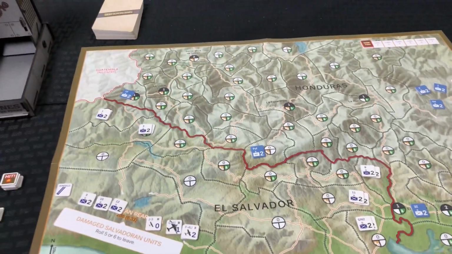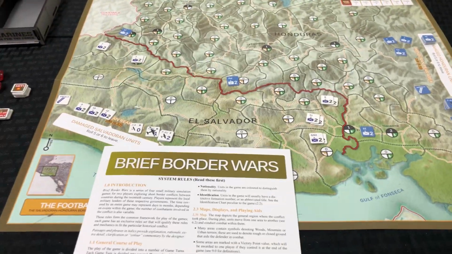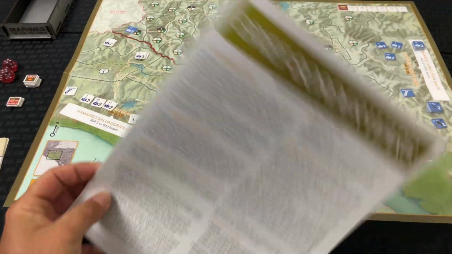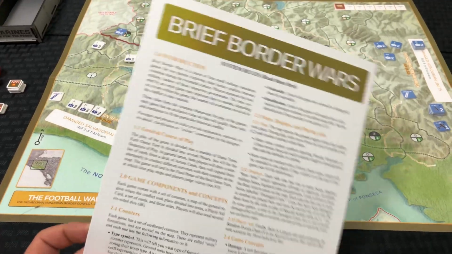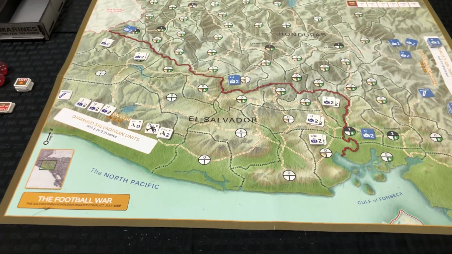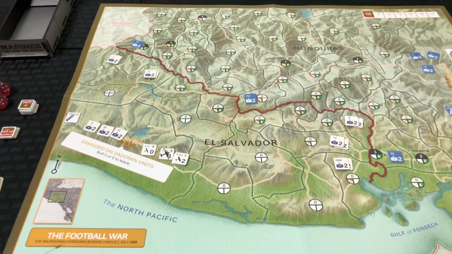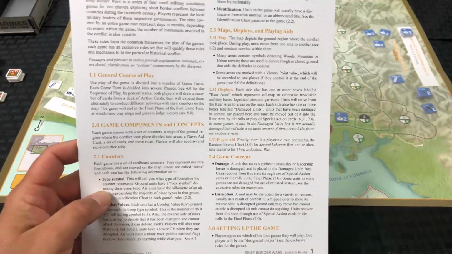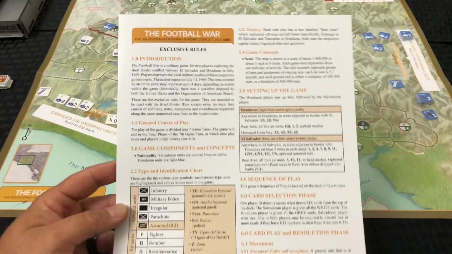I really like how they did this. So right here, this is the standard system rules, and this is effectively a player aid. It's the rules booklet, but you guys can see this isn't big, right? This is just a double-sided player aid. And this is the core set of rules that you're going to use for all 4 games. But each one of them has their own player aid with the specifics. So think of this as the core, right? This is the generalities of how to play it. And you could play each game off of this, but the exceptions are going to come from the individual game's